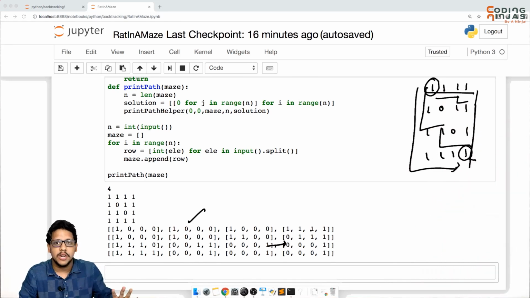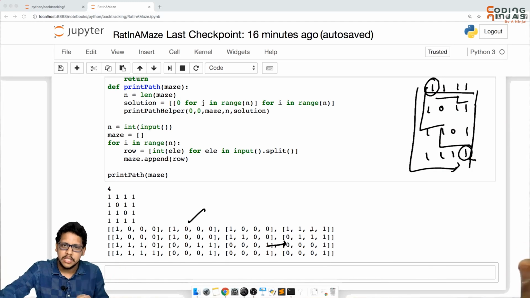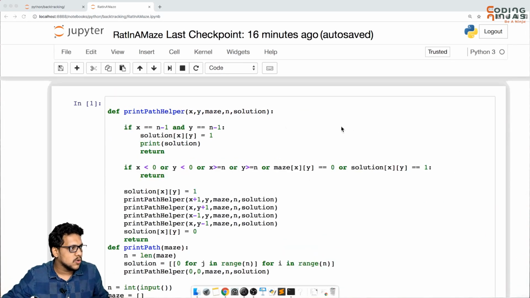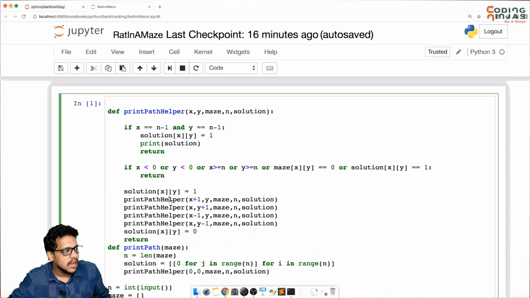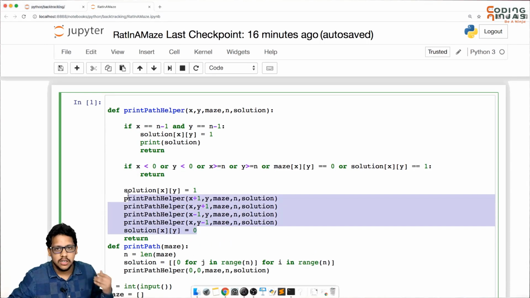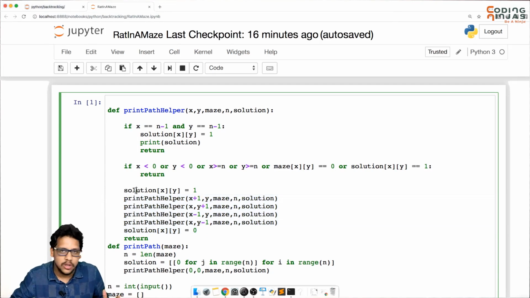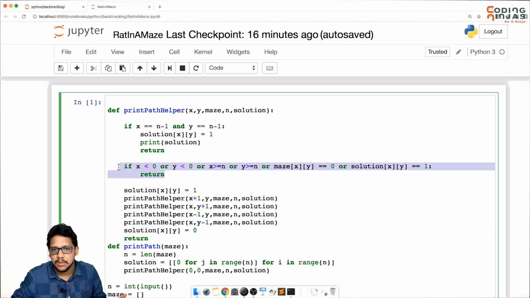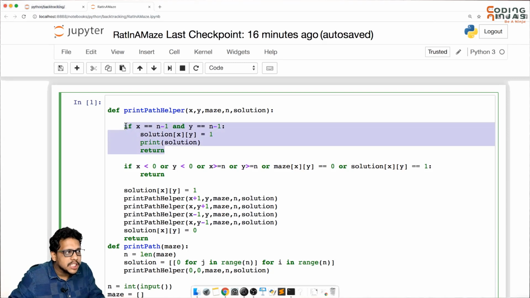So we have printed all the paths. You can return all the paths, you can check the path, all those problems can be solved. But this is the concept of backtracking, that you need to explore all the solutions here and make sure that you are understanding your calls carefully. You need to stop for some conditions, these are the blocking points, and you need to have a condition where you ultimately stop and print all the solutions. So this is the concept of backtracking.